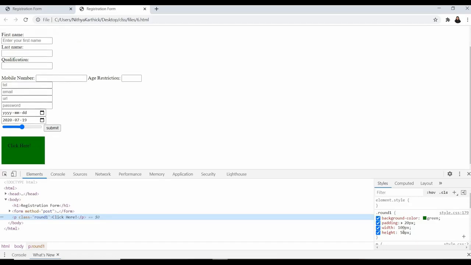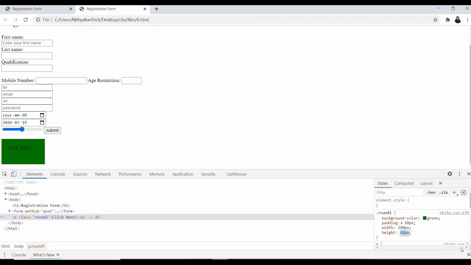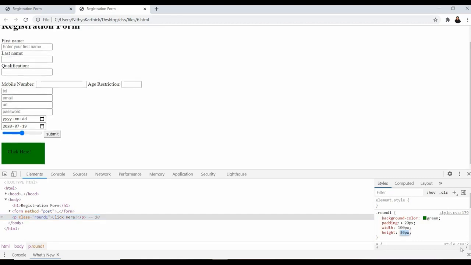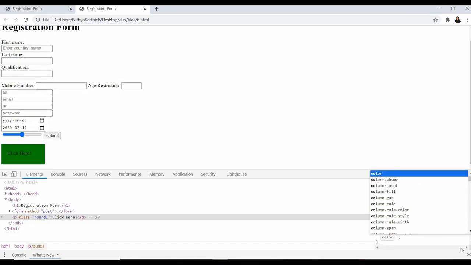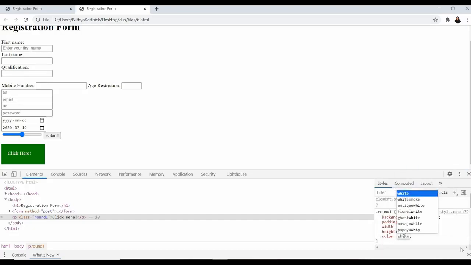If you want to check, you can check from here itself. I can reduce the height, let it be 25. Then color, let it be white. After that we can give the border as a white color or red color.